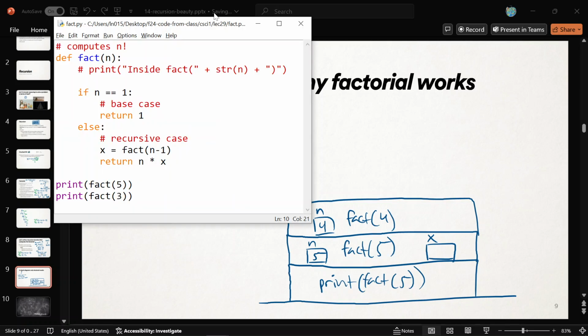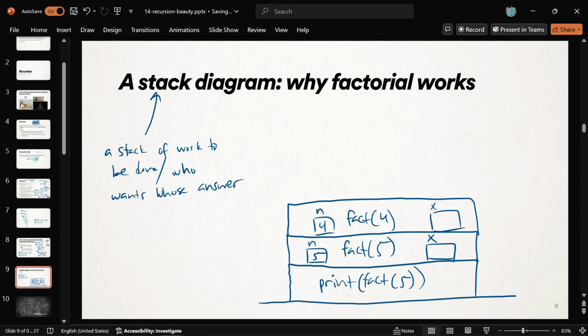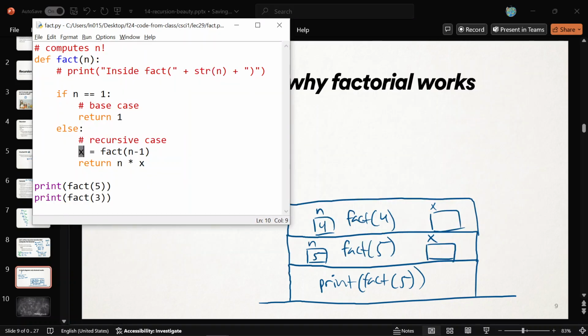Okay, so we come in here with n being 4 now, still not 1, so we're going to hit the recursive case. We also need an x variable. So fact of 4 tries to make an x variable, and it's going to put in it, well, fact of 4 is defined as 4 times fact of 3, so it's going to try and call fact of 3. Does that make sense? It doesn't know the answer. It has to go and ask for it. It needs to get it back in order to continue. So fact of 4, just like fact of 5, is going to pause on this line for its own version of itself, and it still needs to fill in x. All right, so they're all waiting.